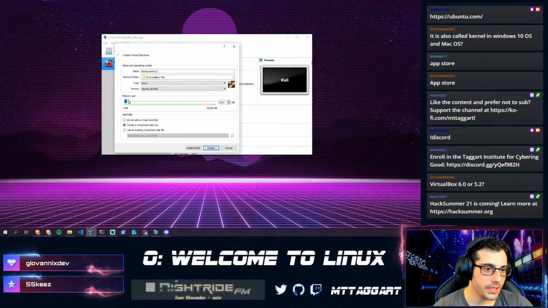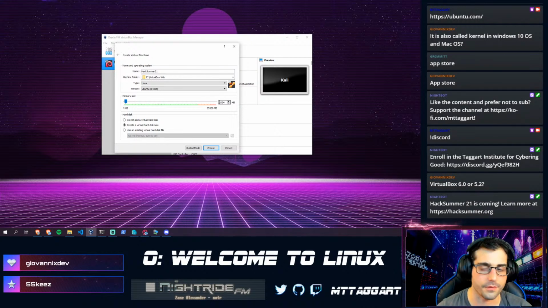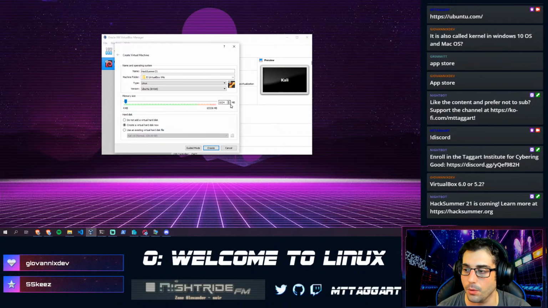Let's talk briefly about the memory. This is the RAM, okay? If you're not familiar with these terms, think of it as short-term memory. This is the memory for ongoing processes on the machine. We want to give it 8 gigabytes. Well, no, we don't. We want to give it 4 gigabytes of RAM, just to be